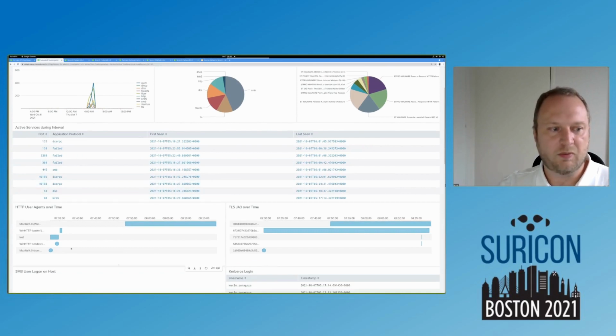We are using the same logic below to discover things about HTTP user agent. Here we are doing the same kind of query to say that we got a Mozilla, then a WinHTTP sender, then test, and then another WinHTTP loader. So we are seeing the activities of HTTP user agents on the system. This really allows you to grasp context on the host and discover what kind of system we are facing.